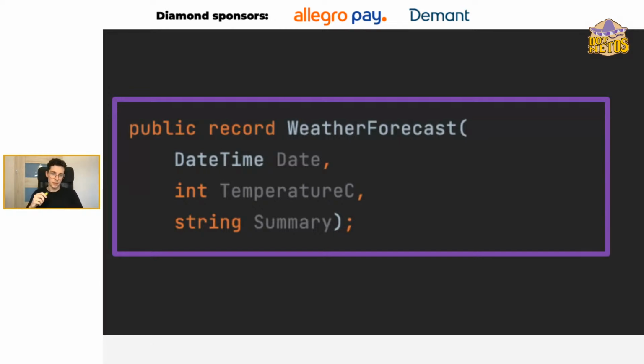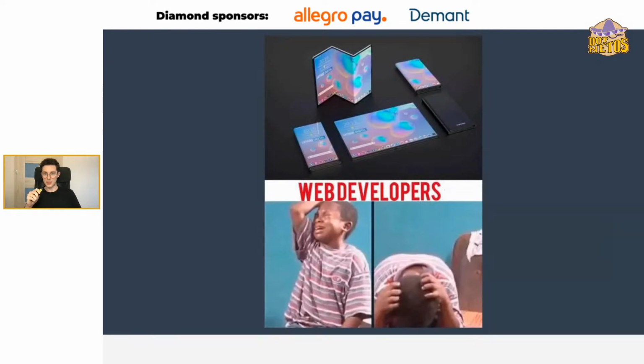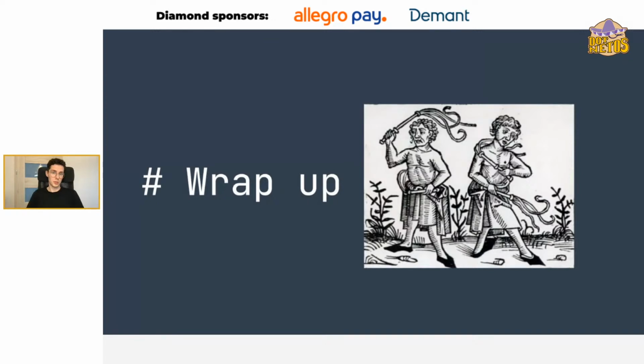So after my third fail, I'm saying that I'm missing something. Something is wrong. And I decided to disable this stupid warning. Currently, in my humble opinion, this solution is leaky, and my irritation level goes to almost the same as a front-end developer when they find out that there are foldable phones, because that's a whole mess right now for them. And to wrap up this sad story, if you use nullable, then you have to treat warnings as errors. Otherwise, you're just a liar.